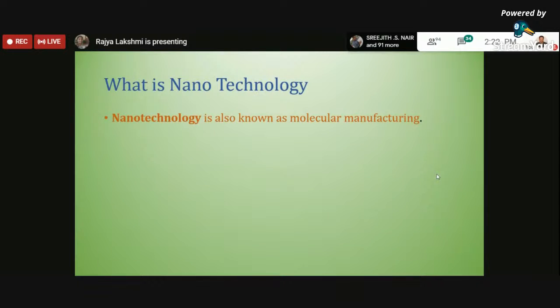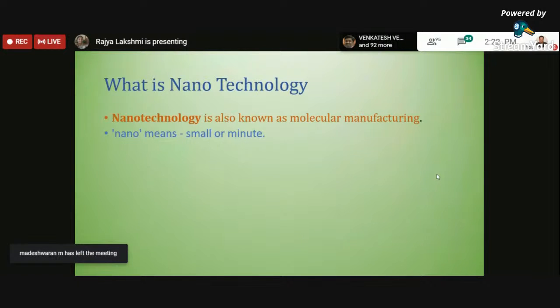So whatever the material may be, there is no need to bother about the material. For any kind of material, in which direction and how much smaller we can manipulate the matter particle, the small-sized particle will influence the properties of the product which we are expecting as an end product, and to what extent that end product will satisfy the customer requirements or the manufacturer requirements. So we can say that it is completely related to matter, or totally depending on molecular manufacturing.